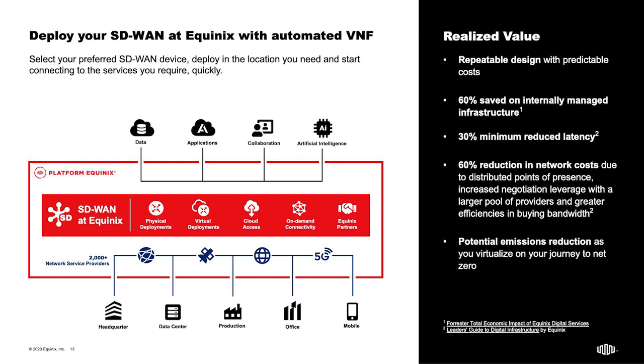We wanted to end with an example of a network solutions use case that you can implement on the Equinix platform and the real value you can get from it today. Summing up, the combination of our key functionalities in the red bar of the diagram here on the slide, virtual options, cloud access, on-demand fast connectivity, and a huge number of partners and vendors you can use, make our platform an ideal place in which to deploy your SD-WAN with automated virtual network functions and to execute more broadly on